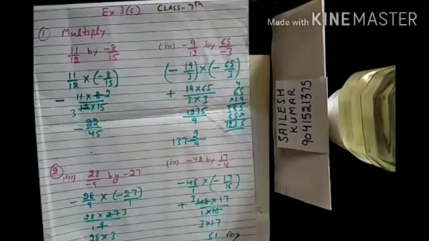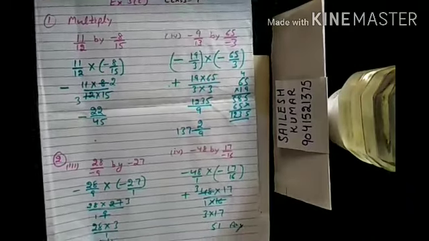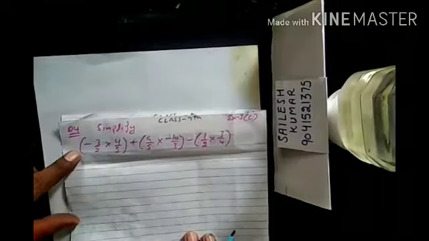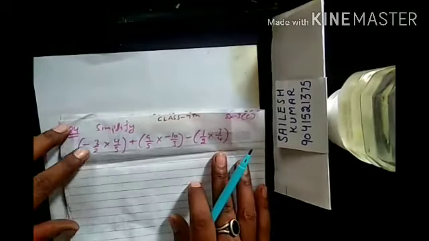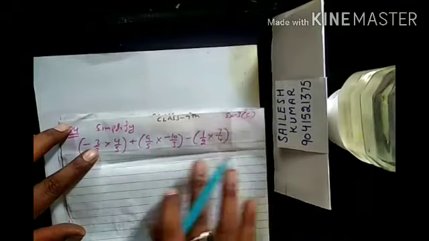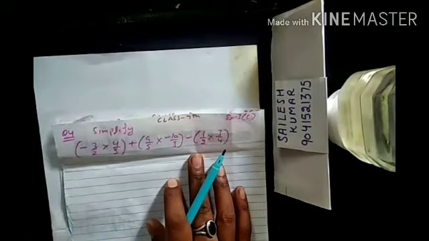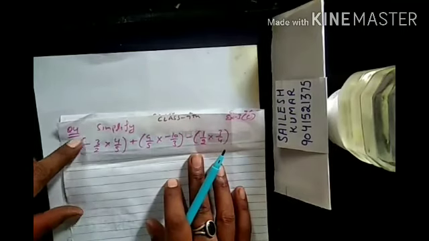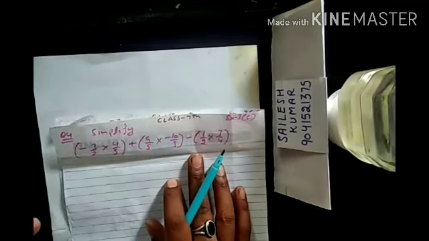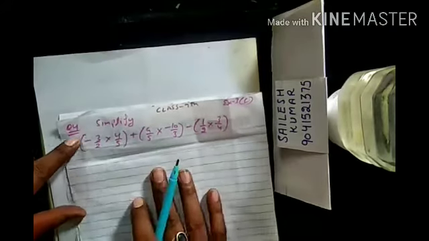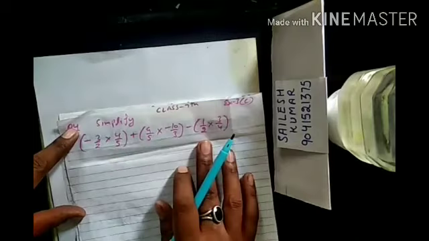So student, in this way you have learned how to multiply rational numbers. Now student, in this question number 4, we have to do the simplification of rational numbers, where multiplication and the addition and subtraction operations are involved. So how will we solve this? First of all, we know that we have to apply BODMAS. So we solve the question as per the rule. First of all, we will solve all the 3 brackets.